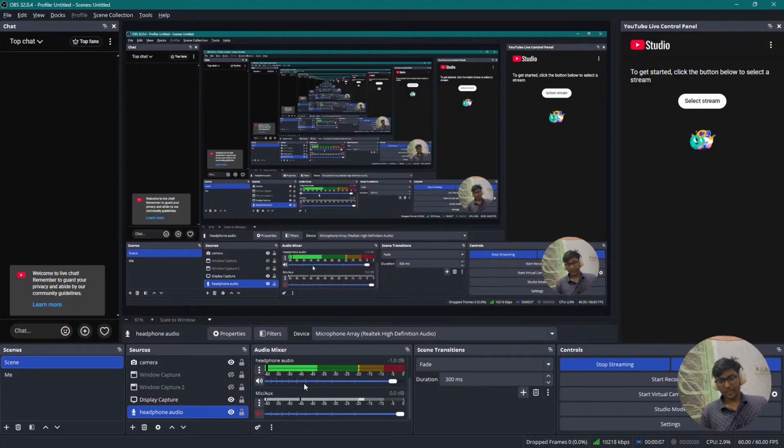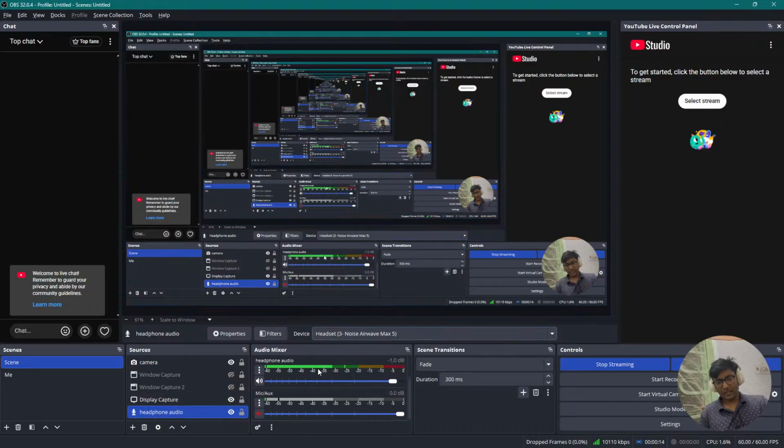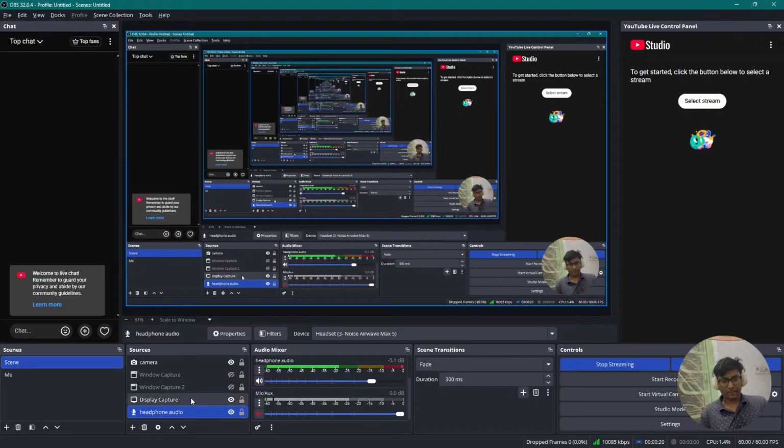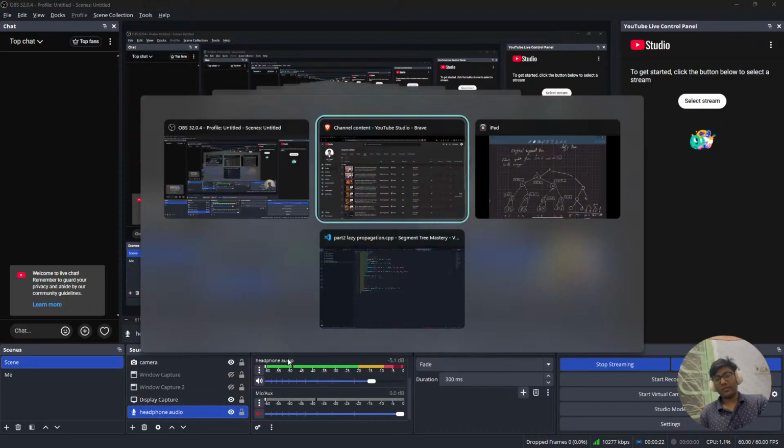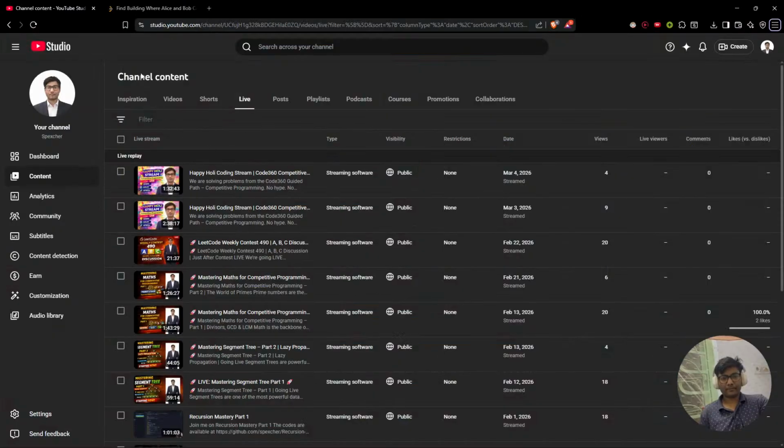Let me just increase the volume of this. Okay, now I think it should work fine. The audio was kind of dismantled before, not the ideal one. So we were solving. So by the way,